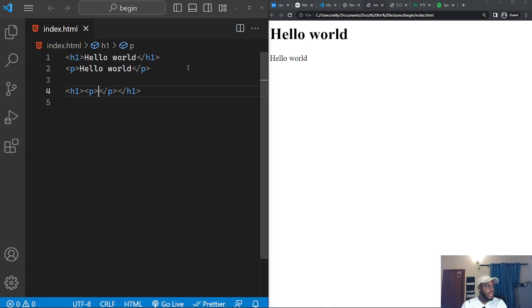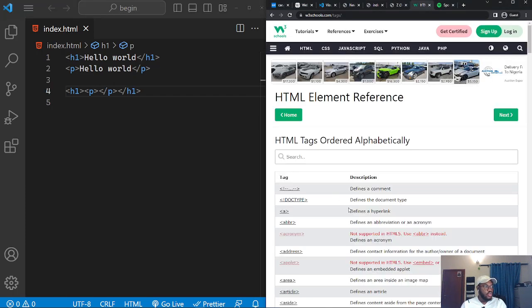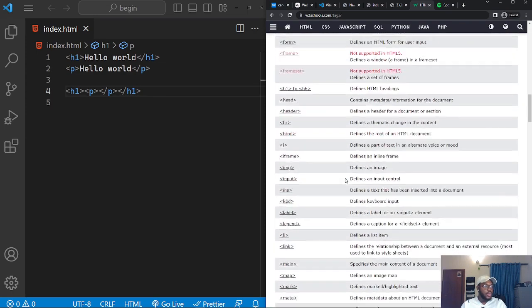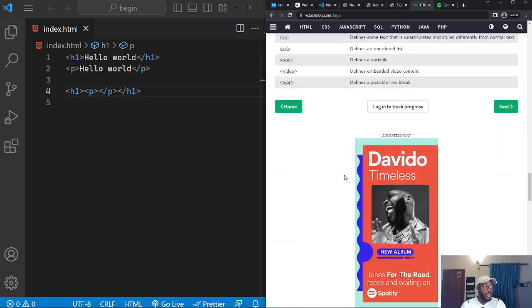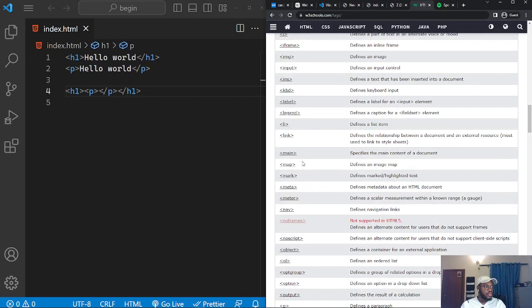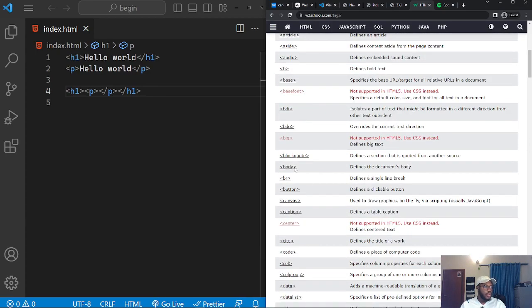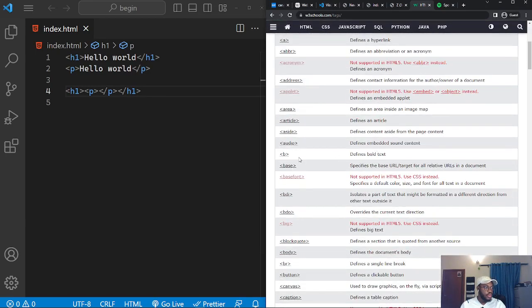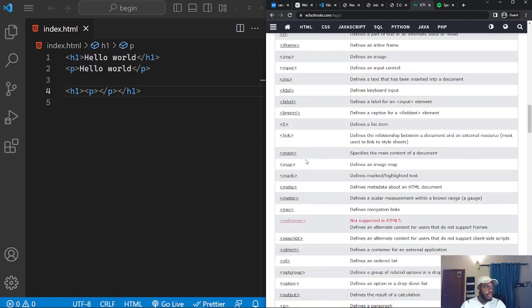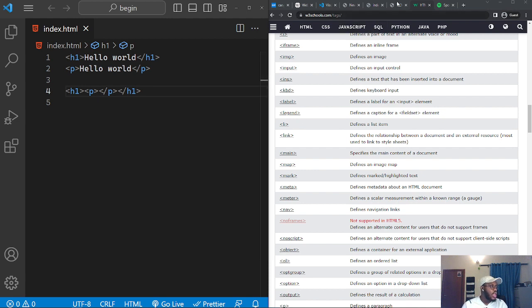By the way, like I said, there are a lot of tags here that we can use and they all play different roles. So basically when we need to use any other tag, we can just come here. So we'll be having some detailed explanation about them later on, but we can't cover all the tags, otherwise the video will not end. Anyway, so